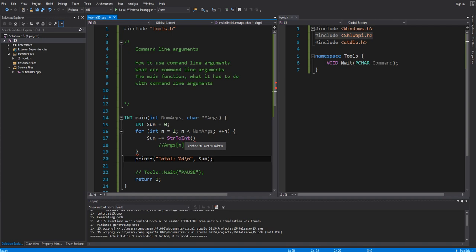And the string to int W, the W stands for Unicode. And there's also A, which stands for ANSI, or multibyte in other words. I talked about this before. The only reason it's assuming that it's a Unicode